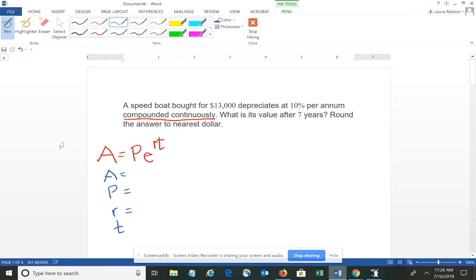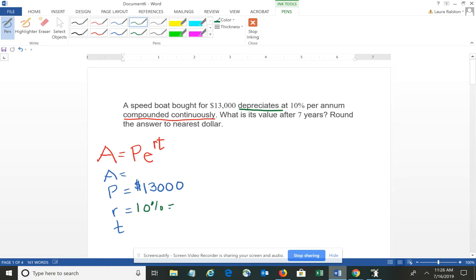So if I go back and I read carefully, it says a speedboat bought for $13,000. Okay, so the $13,000 is my principal. That's how much money I spent or how much money I put into the account. Remember, the principal is the initial amount. And then it says it depreciates, and that's a very, very important word, depreciates at 10%. So my rate of interest is